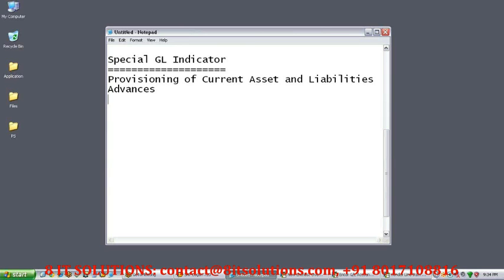So advance to vendor is an asset, whereas vendor is a liability. That means I am showing one transaction in my subledger which is vendor, but not in the main ledger which is sundry creditor.